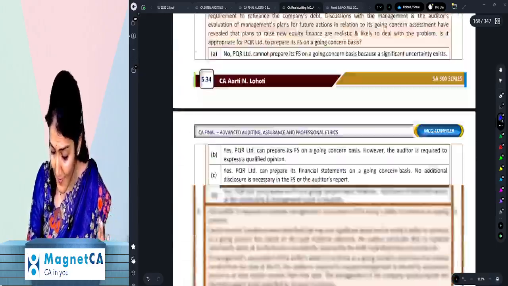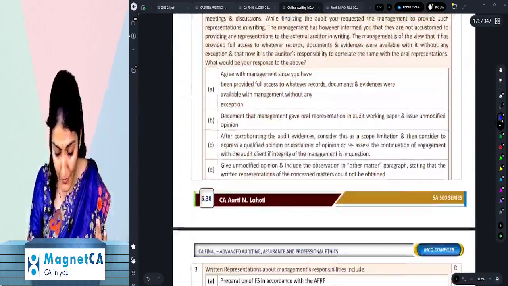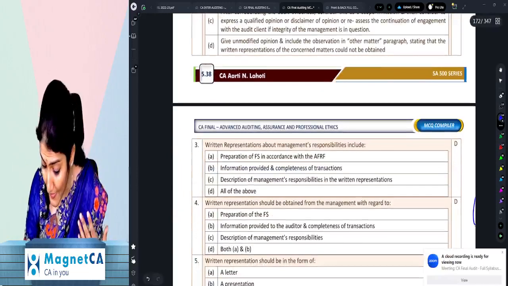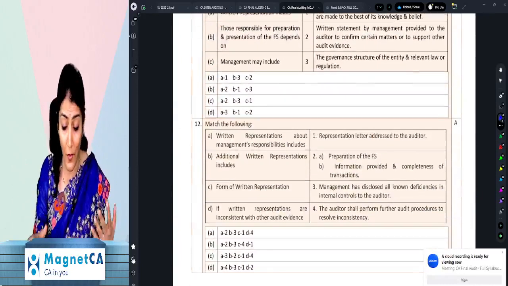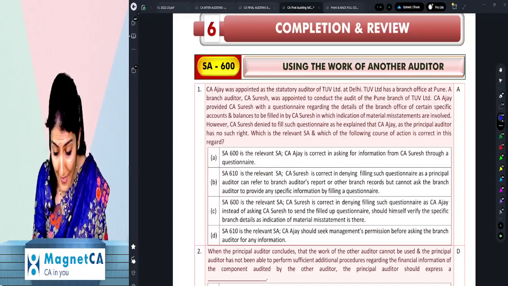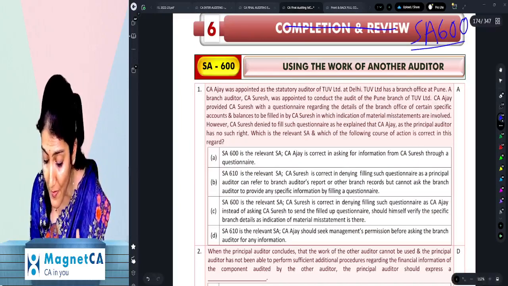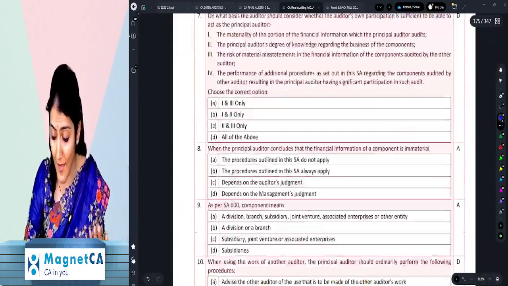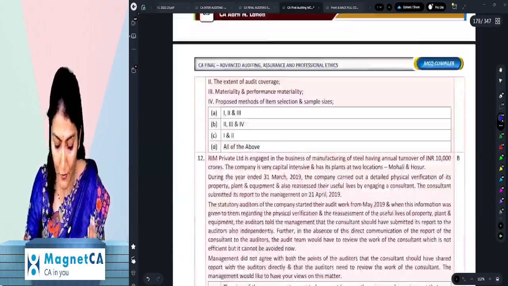Otherwise, I hope you are doing a great job in your preparation for final audit. You are doing the cumulative revisions of the subject. You are being in touch with the entire subject, and at the same time, you are also doing your writing practice, because however much you understand the concept, unless you know how to write, you cannot win the battle. So it is very important that you have the writing practice and also the MCQ solving practice for the two different dimensions of your paper.